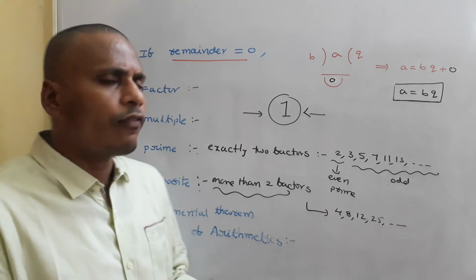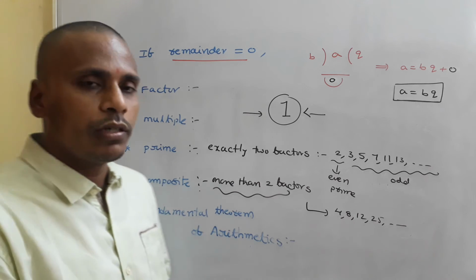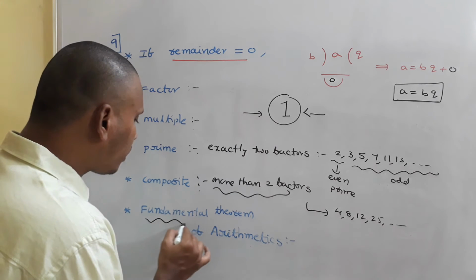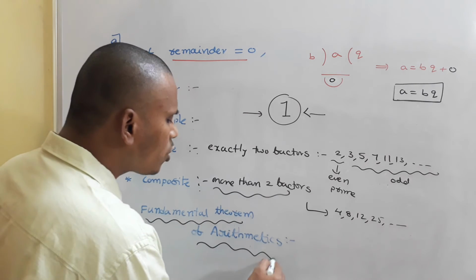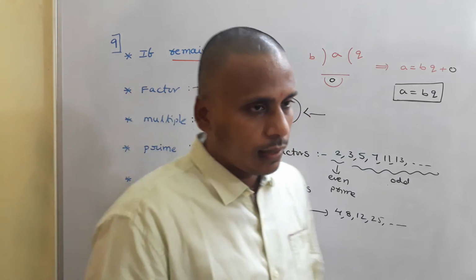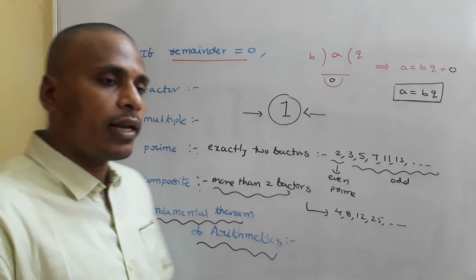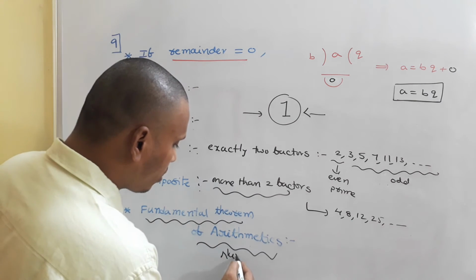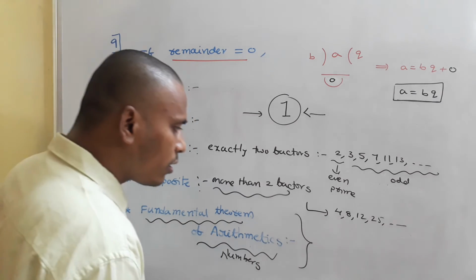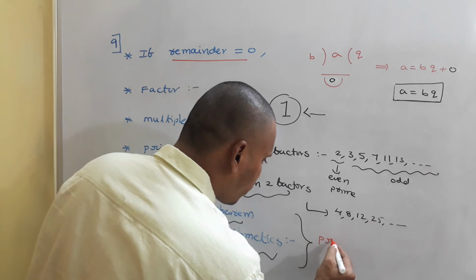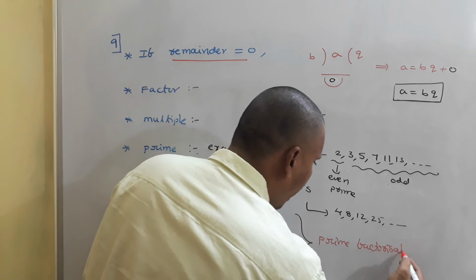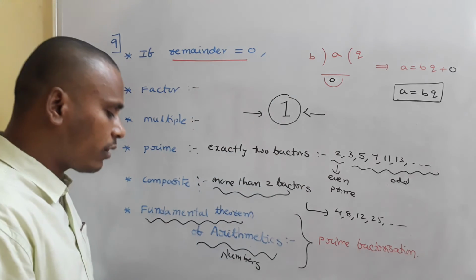See, I think you are all familiar with these concepts. Just as a part of number theory, I am just revising all these ideas. Okay. And the next thing is fundamental theorem of arithmetics. Usually every branch of mathematics starts with a fundamental theorem. In the same way, here we have fundamental theorem of arithmetics, or you may say fundamental theorem of numbers. See, fundamental theorem of arithmetics is simply nothing but your favorite prime factorization. Okay. Well-known prime factorization is also considered as fundamental theorem of arithmetics.